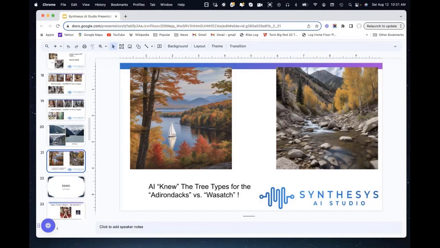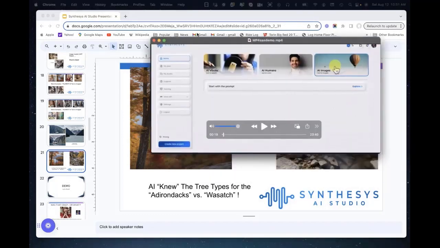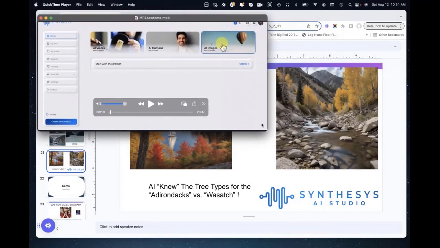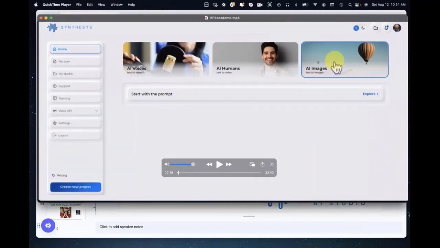All right, I'll try to calm down a little bit. Yes, it's crazy. Would you guys like to see the demo of how I did all these things in all three pillars? Because my demo is queued up and ready for you. Would you like to see a demo? Yeah, I don't blame you. I would want to see a demo of how this could possibly be done as well.